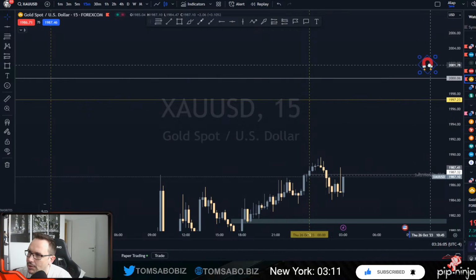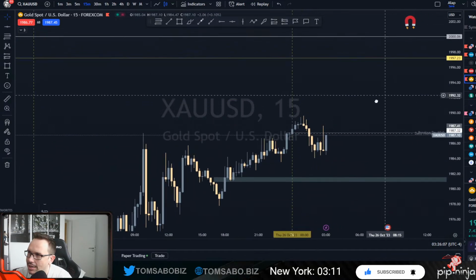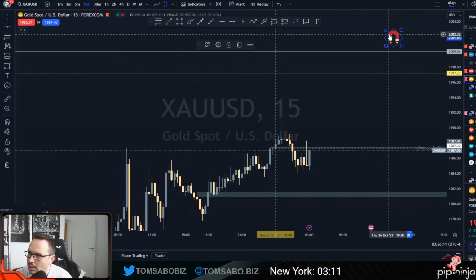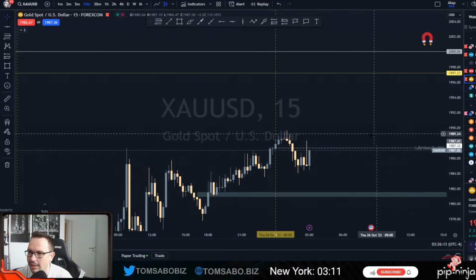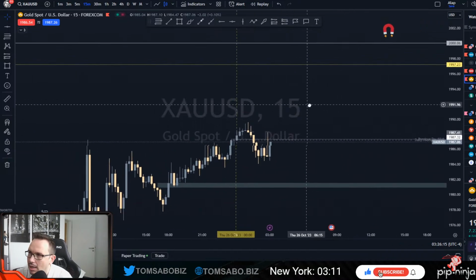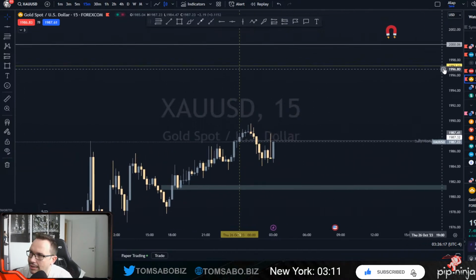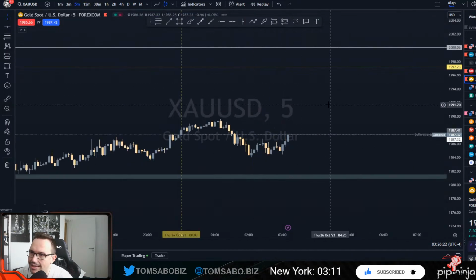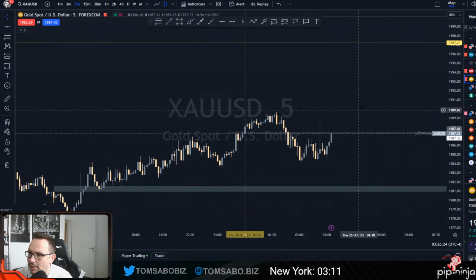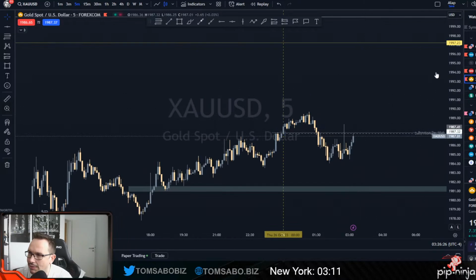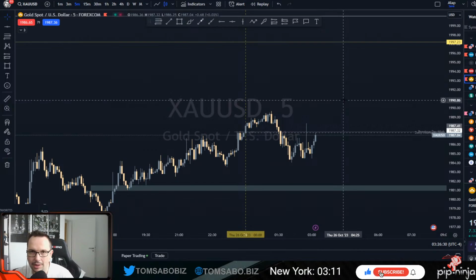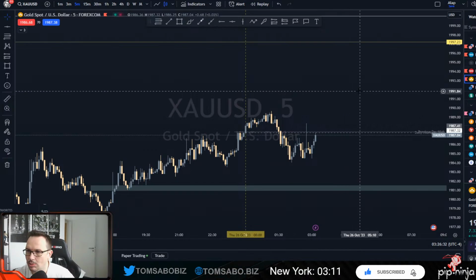So there you go, there's our magnet at 2000. That's my bias for gold. I'm not saying you should go long on gold. I'm definitely not saying go long right now. Before I would go long and attack this 97 level, I would wait for an imbalance at least, or a fair value gap, sorry, at least on the 5-minute chart. But for now, I would stay still. I would do nothing and just wait.